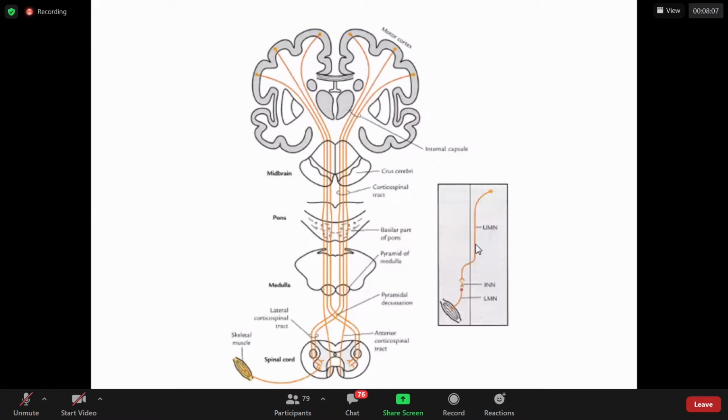And these Golgi type 1 neurons are usually excitatory. One big exception is the Purkinje cells of the cerebellum, which, though Golgi type 1, are inhibitory. We must remember that though Purkinje cells of the cerebellum are Golgi type 1 neurons, they are inhibitory in nature. Other than that, most of the Golgi type 1 neurons are excitatory, and most of the Golgi type 2 neurons